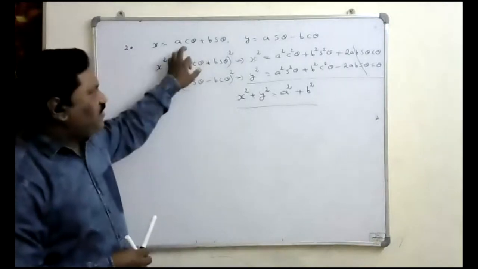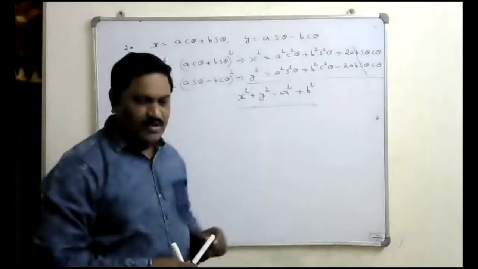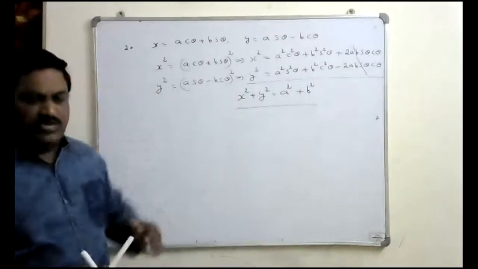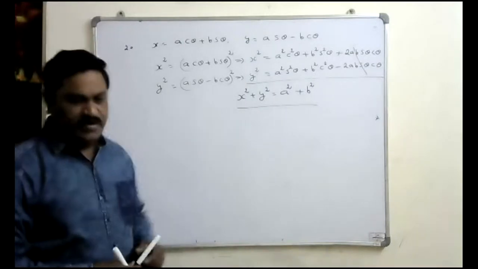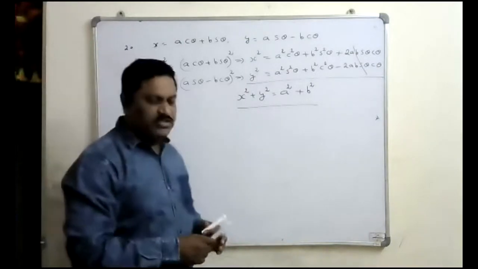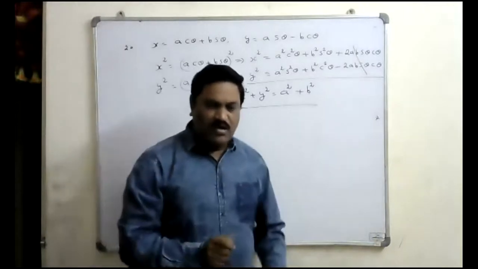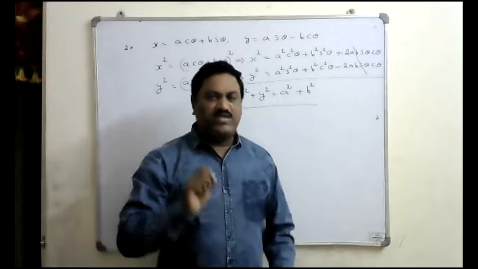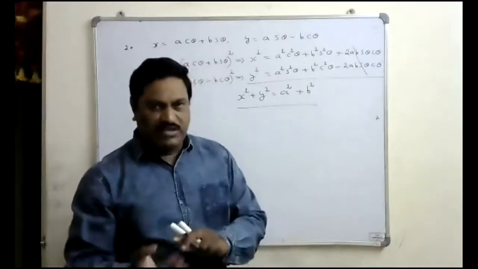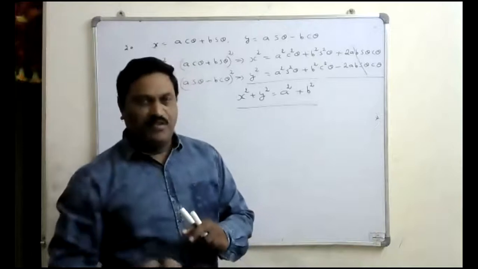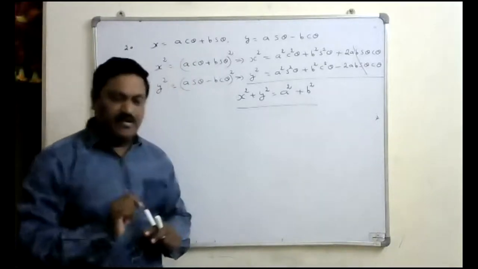Whenever the equation is given in terms of sin and cos with opposite signs, square both the equations on both the sides, then add them, then the theta is going to be eliminated. Whenever they have given the equation in terms of secant and tan, the identity we know is secant square theta minus tan square theta is 1. That's why square both the equations, then subtract them. If you subtract them, the theta will get eliminated in terms of secant and tan.